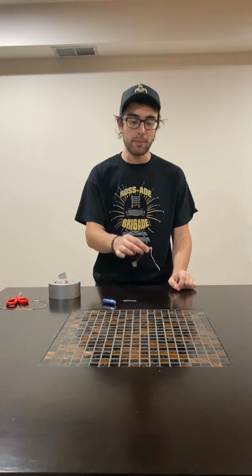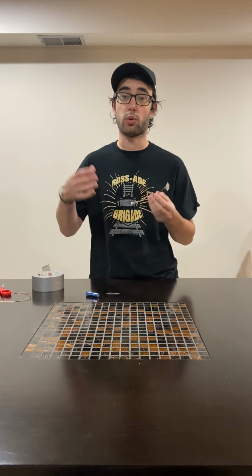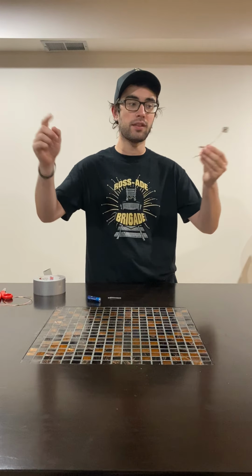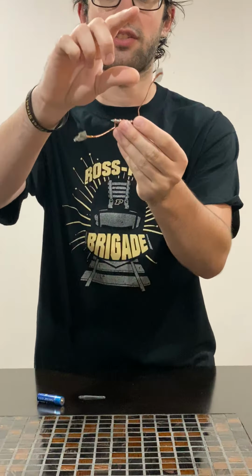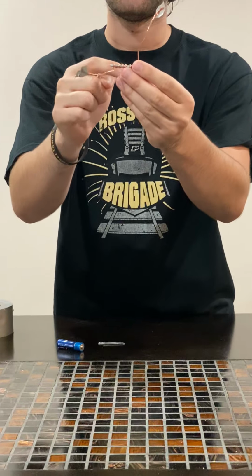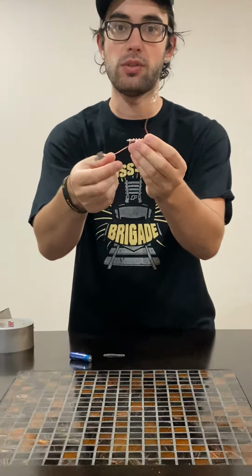So the first step of this is to take the copper wire. You'll cut about 36 inches or 3 feet of copper wire, in one big piece, and then you'll leave about 6 inches on each end of the nail. So you'll leave 6 inches at the start, 6 inches at the end, and then you will wind the copper wire around the metal rod. Make sure that when you do this, it's pulled tightly. So you'll wind it around as many times as you can, and then at the end, leave 6 inches